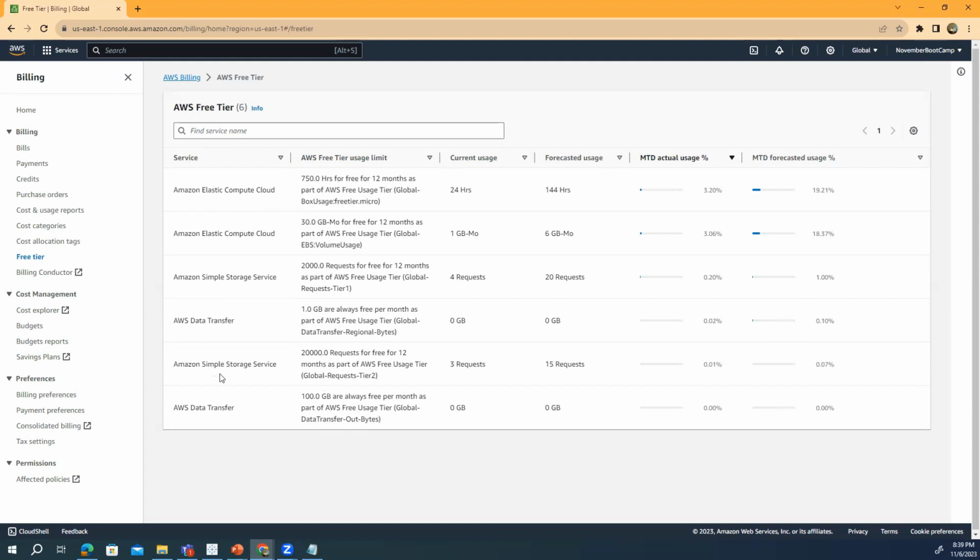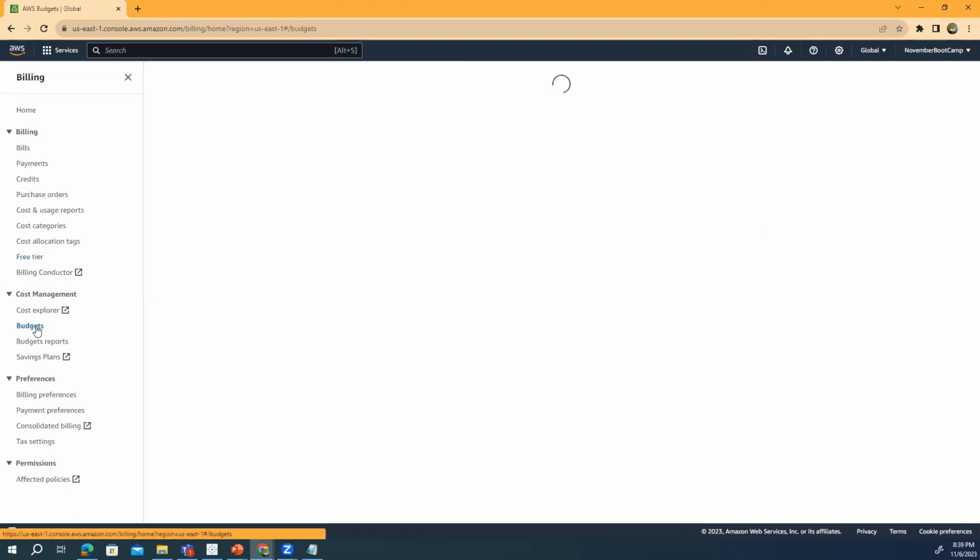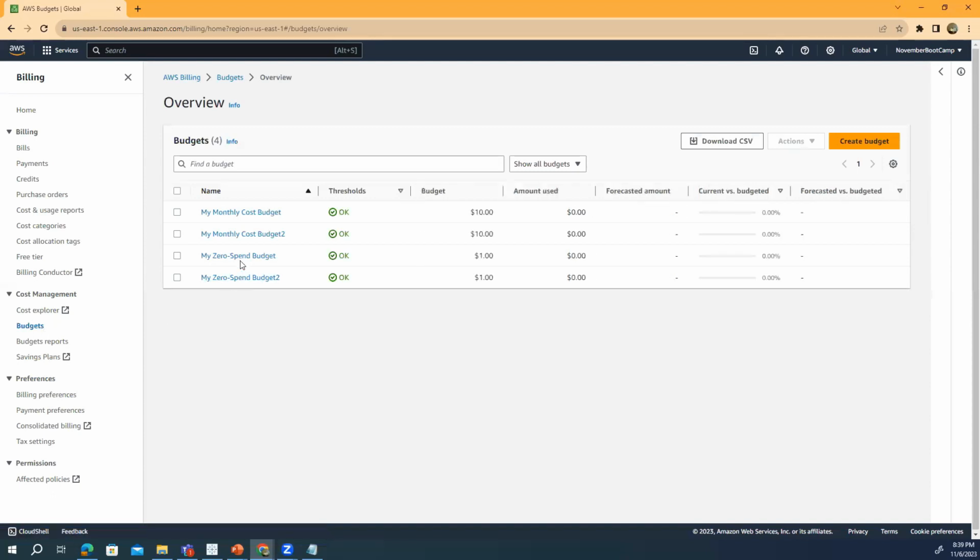And I also told you that you can have the option of creating some budgets. What are the types of budgets that you can create? We can create this zero spend limit or monthly cost budgets also, just to keep track of the spending limits. This is the second thing that we have seen. And the third thing that we have seen here is